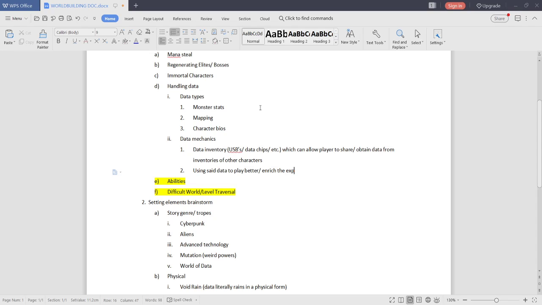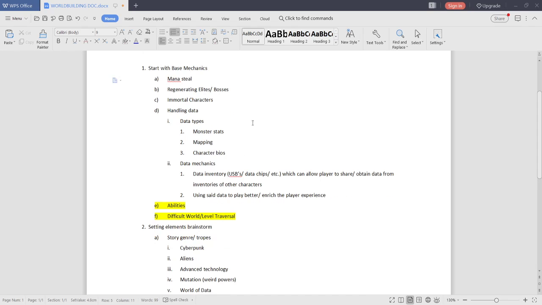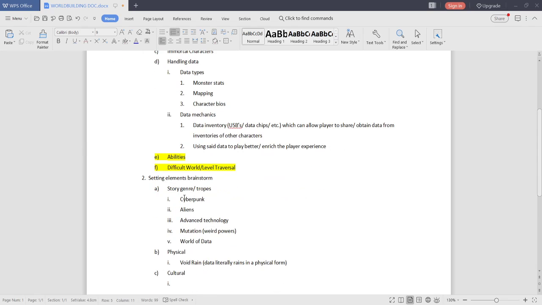Enrich the player experience of the game, of course, not the actual level up experience kind of concept. I don't think I'll add that to the game because I want to still keep it very streamlined in terms of what the game is about.